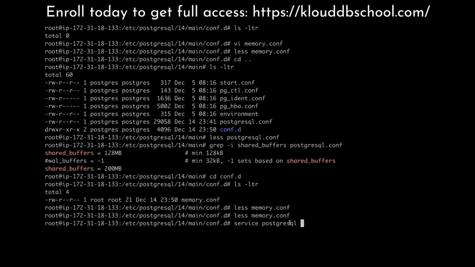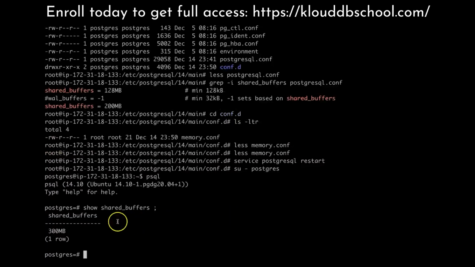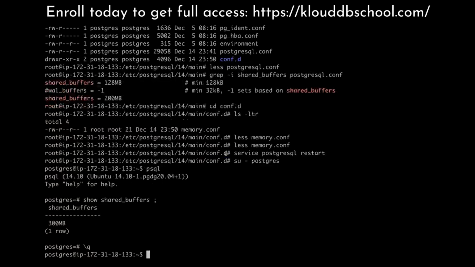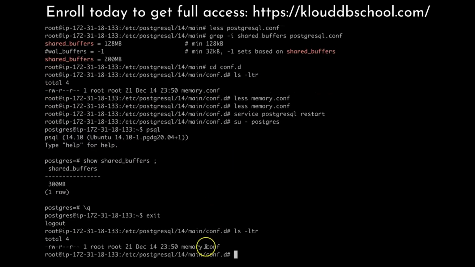Service postgres restart. So let's see which one takes the precedence. Show shared buffers. You can see that it took 300 MB, which is part of the parameter file specified under the subdirectory. Let us see why it took that one versus others. So it took the value from this one,